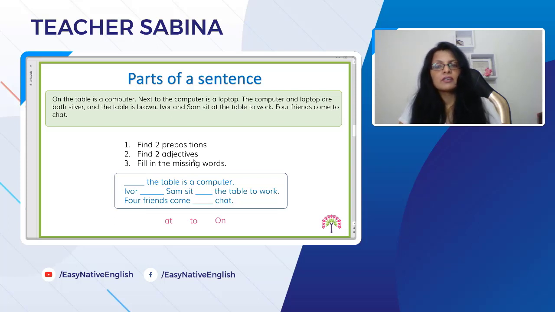So let's have a look in the first sentence. It says, on the table is a computer. So we have two nouns there. We've got the table and we have a computer. But there are no adjectives with them. Okay, so there are no adjectives there. So let's have a look at the next one. And then we have the computer and a laptop in the second sentence. No adjectives there either. Let's have a look at the next sentence. We have the computer and laptop. And this time it says,